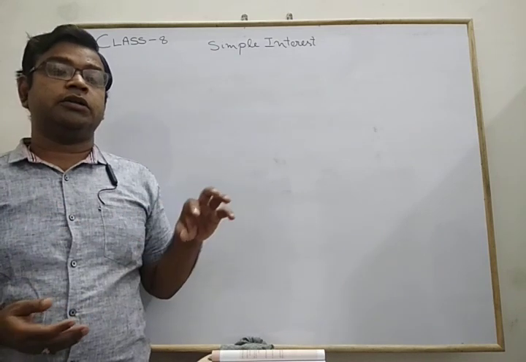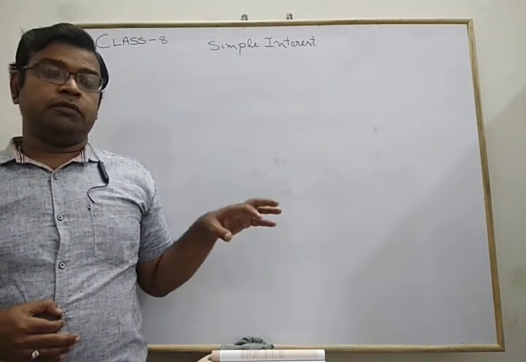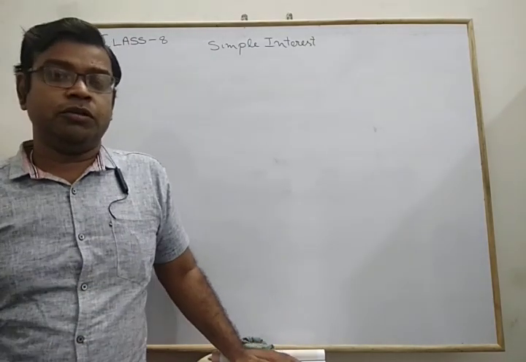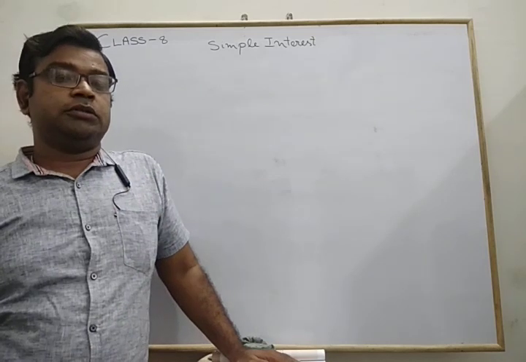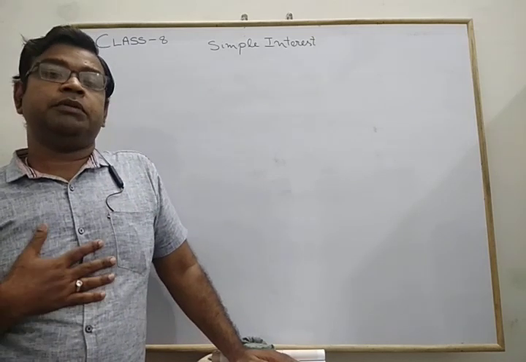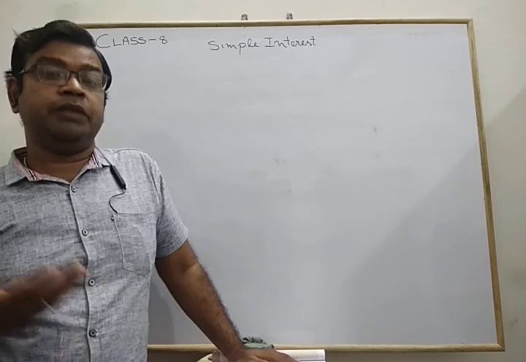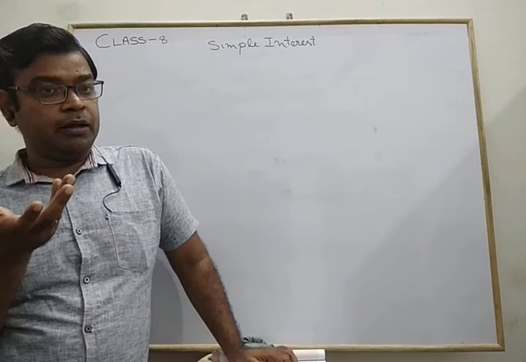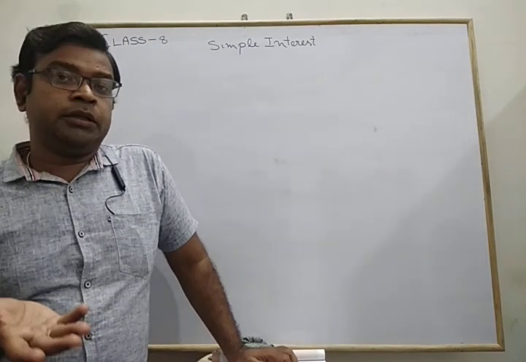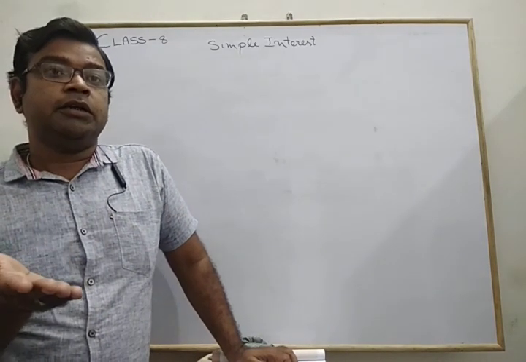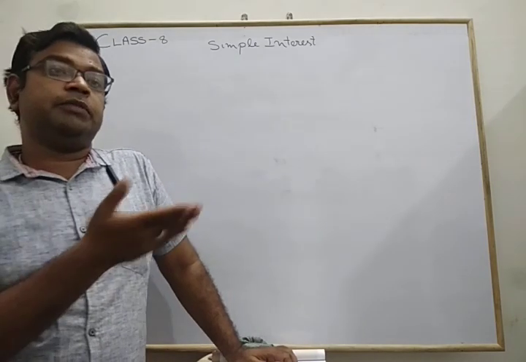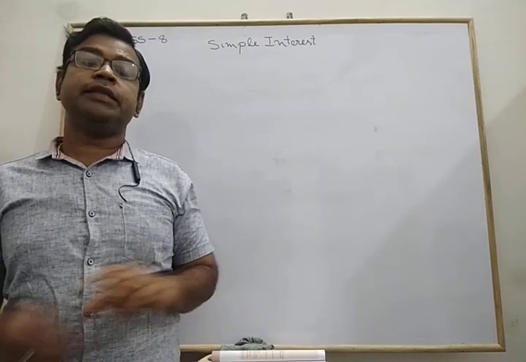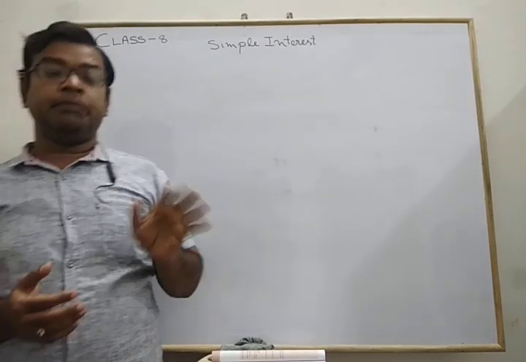You say, I am giving you the money, but whenever you return it, you must give some rent, some extra amount, so that I am profitable, I am the beneficiary. That person returns the money and then gives some extra money as the charge. That extra charge is known as interest, and this interest is calculated in mathematics in two ways: